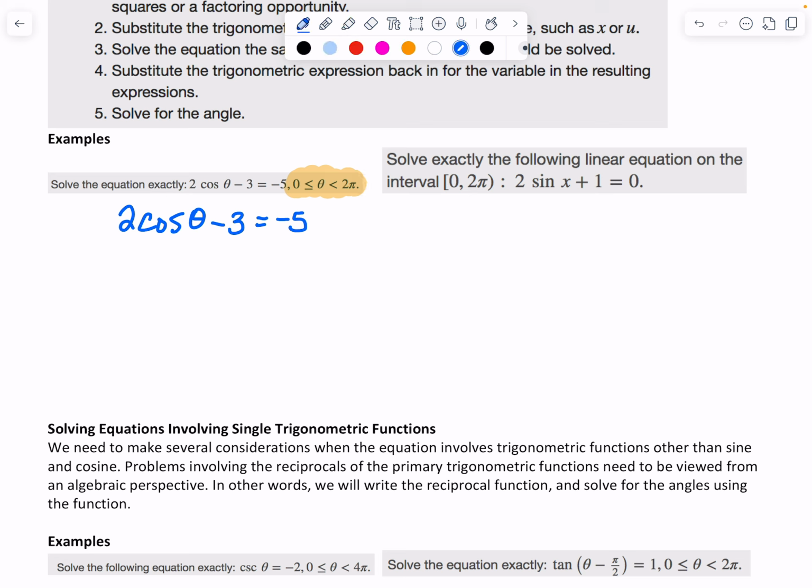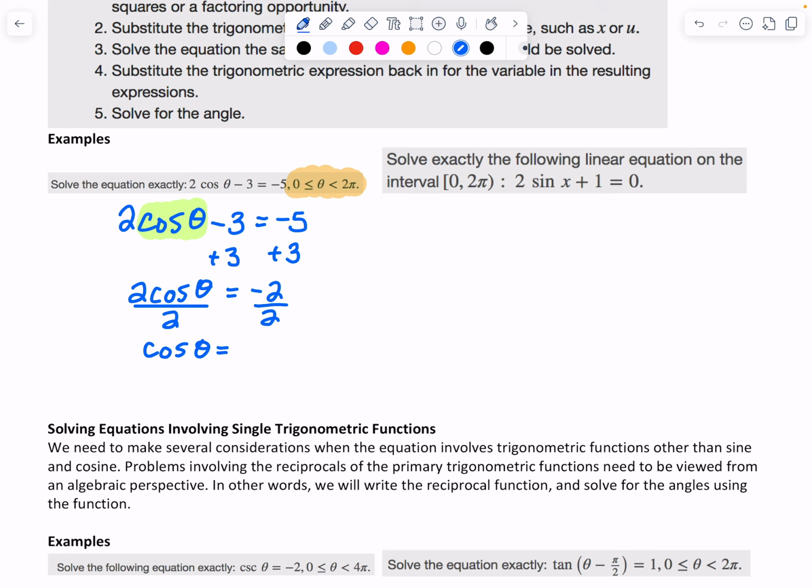Just like solving something else, like if we were going to solve for an absolute value or square root or anything like that, our first goal always is to get that thing by itself. So I'm going to show the steps here just so we're good. I got 3 there, add to both sides, so I still got 2 cosine theta equals -2. Now I'm going to solve for the cosine theta by dividing by 2,